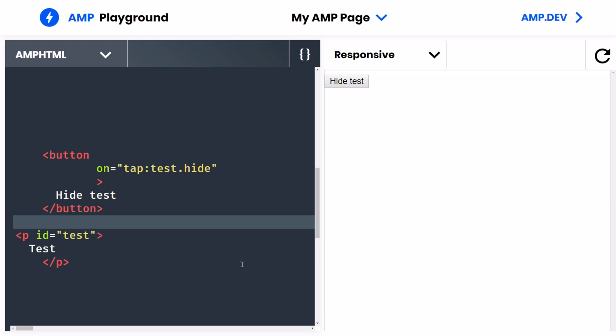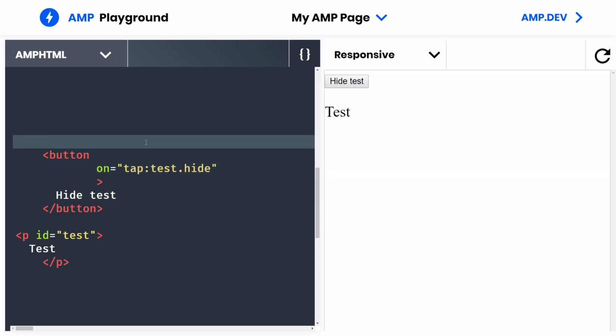So I want to talk to you more about actions and events on AMP. As you saw in the previous tutorial, we made the text disappear by clicking this button. And we did that by using the event tap, which is a click. Now, in AMP, different elements support different actions and events, but the tap is supported by all elements,